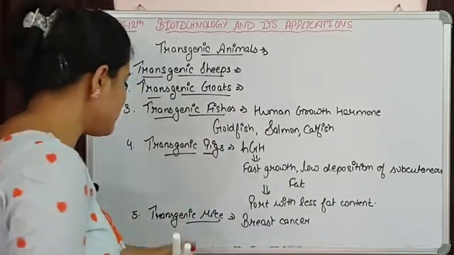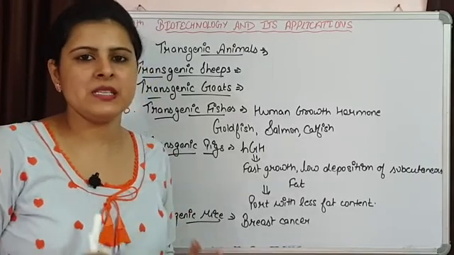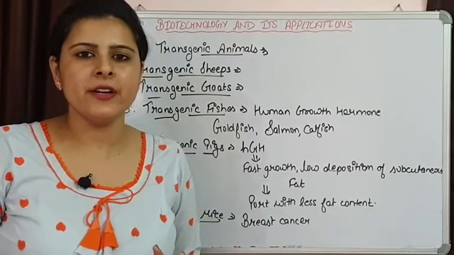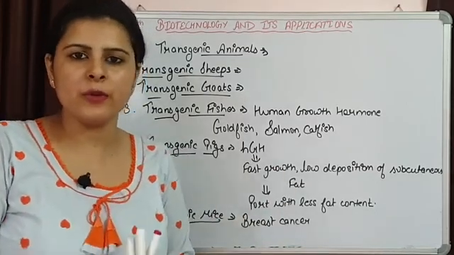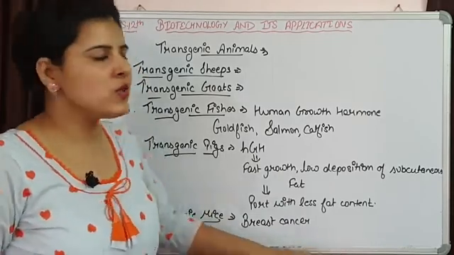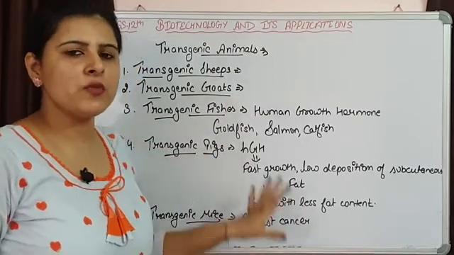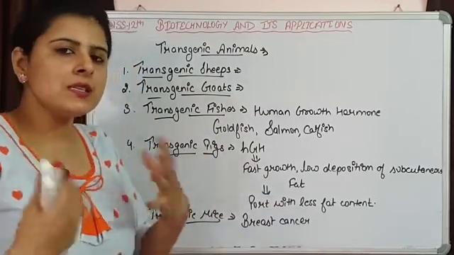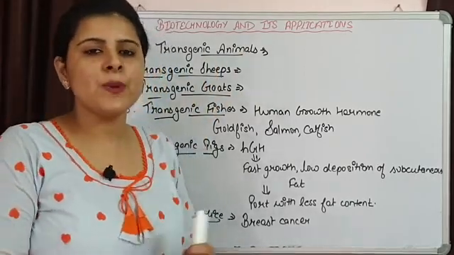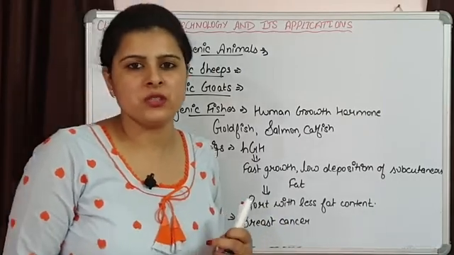Now, these transgenic mice are helping the researchers to understand breast cancer, how it is occurring, how it can be treated, and what the effects of different medicines or chemotherapies on it are. So, this is how they use these mice. These are some of the examples of transgenic animals which are used for different purposes. Transgenic plants are also produced, and these transgenic plants have some modified features.